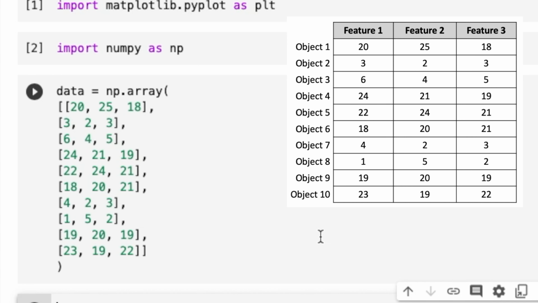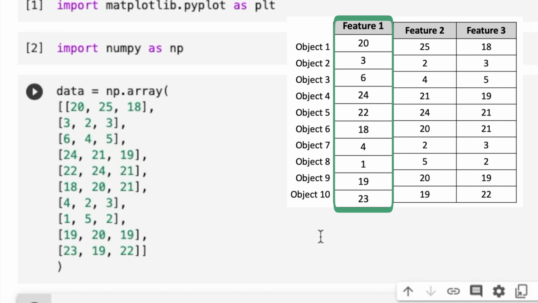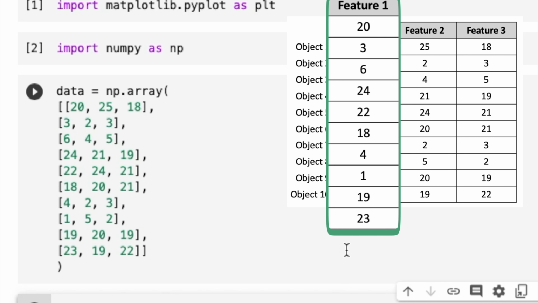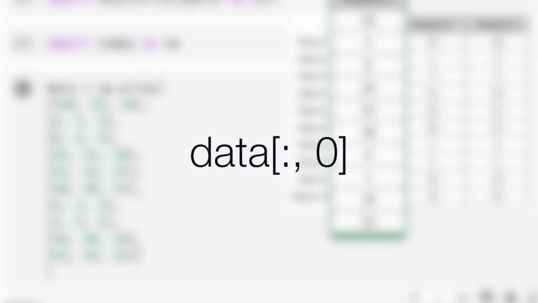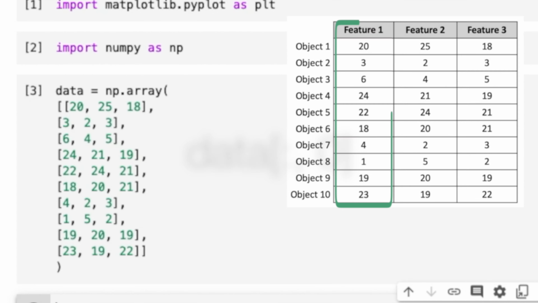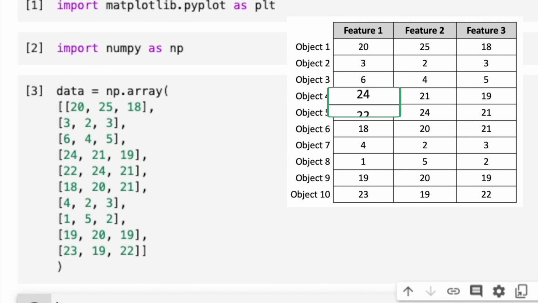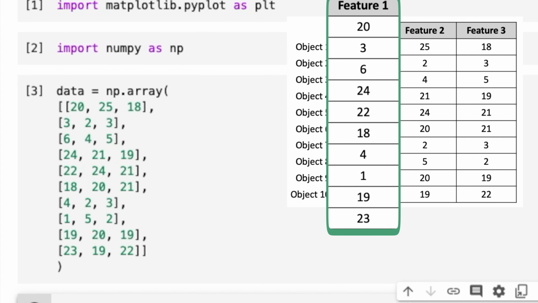To get the entire column 0 of the variable data, we can write data and in square brackets we can provide colon, comma, 0. This will get the entire column in a one-dimensional array. The colon symbol here means all. In this context, all rows in column 0 will be selected.